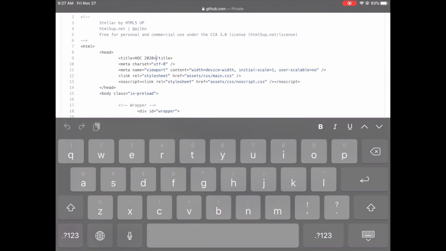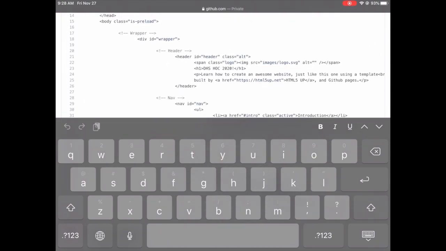So first click that pencil icon to edit it, and you should be taken to this page. Let's first focus on line 9, which is title in a little tag with the greater than, less than caret symbols, HOC 2020, and then a close tag for that same title parameter. So make sure you don't interrupt any of these tags. Leave the carets and everything intact, or you might break your formatting. But in between those tags, you can edit as much as you want. So feel free to delete HOC 2020 and replace that with whatever you want, like my cool website. Anything that you want, you can put your name there,